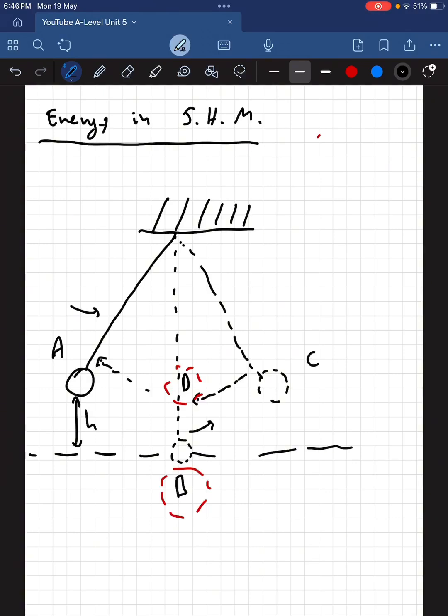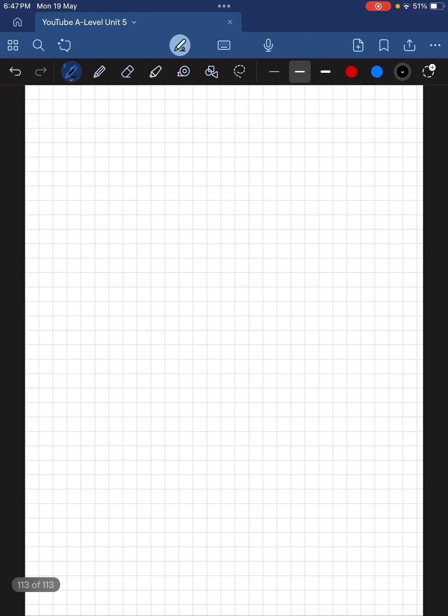Okay, so we can just use the principle of conservation of energy. So immediately we see that the potential energy at A is mgh plus 0 kinetic energy because it starts its motion up there. And this should be equal to the potential energy at B, which is 0, plus 1/2 mv squared. And we're going to name this Vmax because that's the maximum velocity the oscillator can have. So immediately we see that Vmax